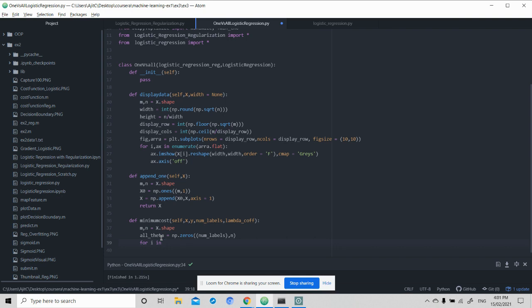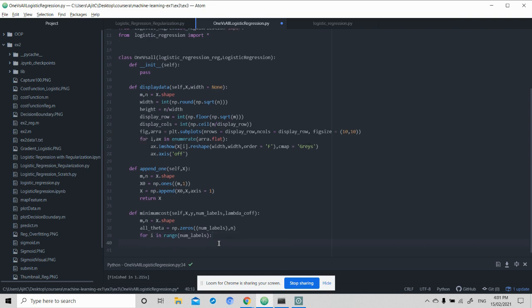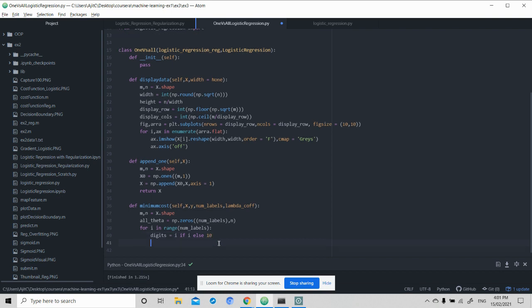We will add that. So this is my label. Right now my label is 10, from 0 to 10. I will be adding a loop for this label, and my digits will be i if i, else 10. Why I did this is to distinguish 0. So 0 is my 10. So now all theta will be